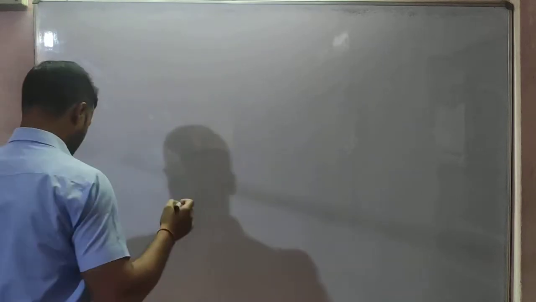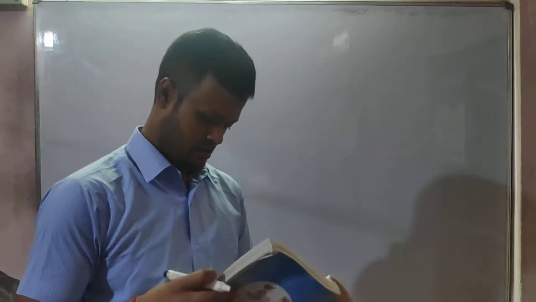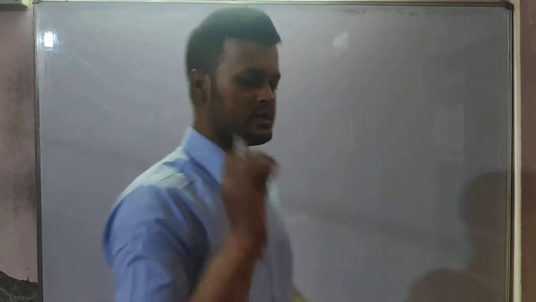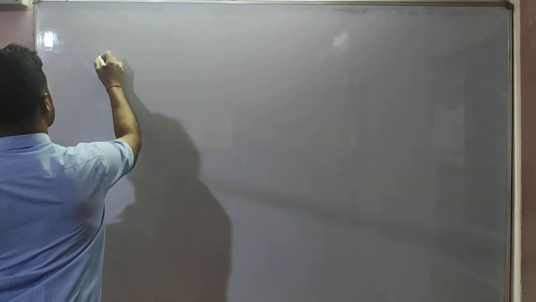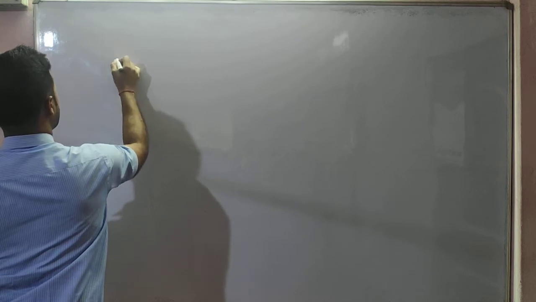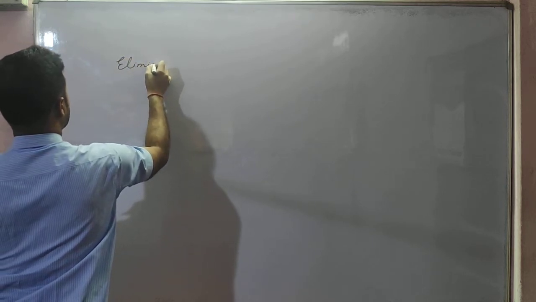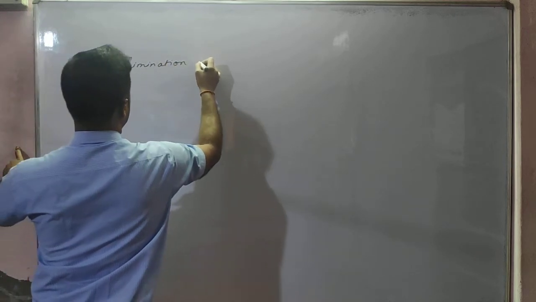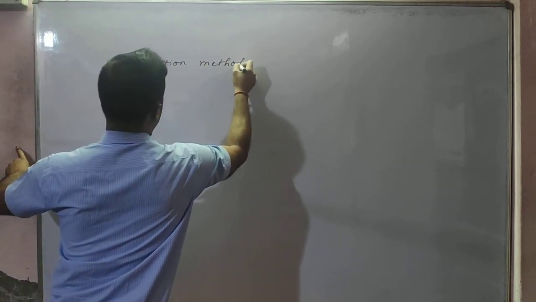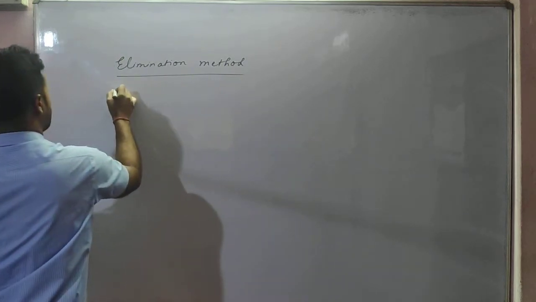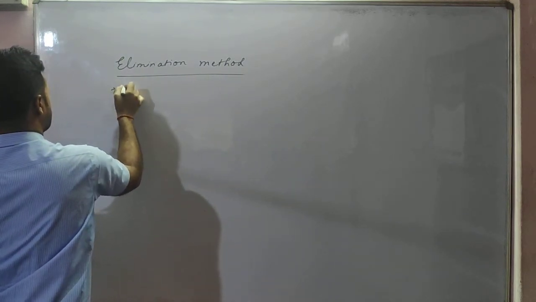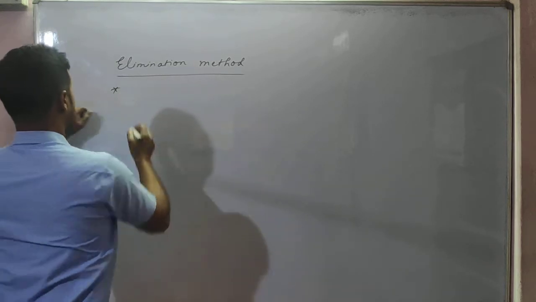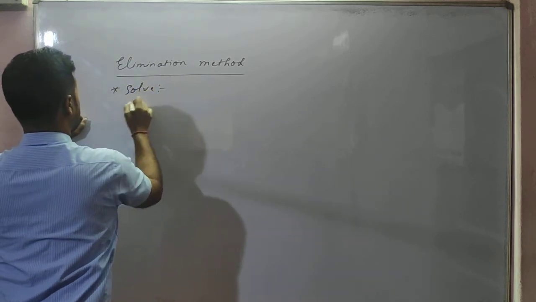So, students, before entering big number 2, I want to discuss one more sum with the method of elimination. Okay, so by the method of elimination, that means elimination method. I want to discuss one more sum with you all. So let us see, just an example from my side. Okay, solve. It will be given like this.